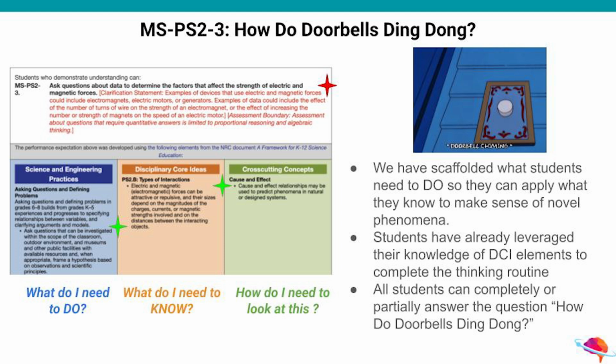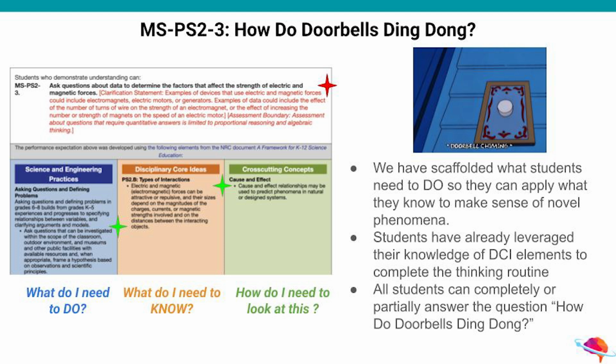Okay, by doing and not doing those things, here's what we've done in terms of working on the performance expectation. We have scaffolded what students need to do so they can apply what they know to make sense of novel phenomena, hitting on the SEP. We have prompted students to leverage their knowledge of two of the three important parts of this standard. And we've hit on the DCI by mistake, almost.